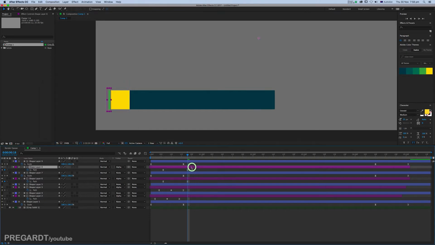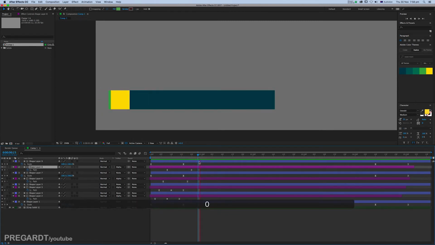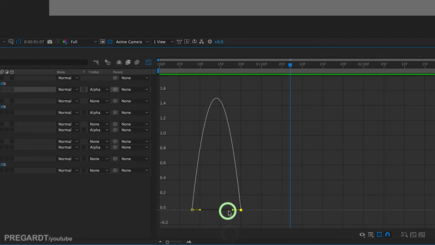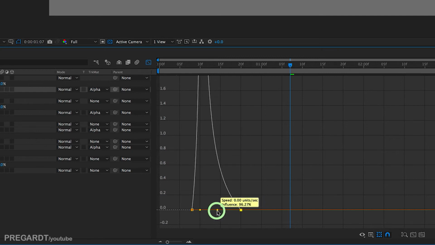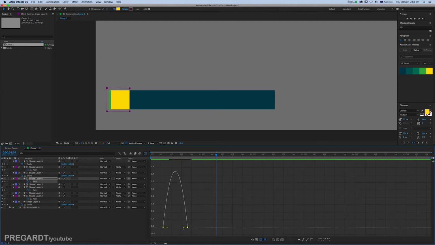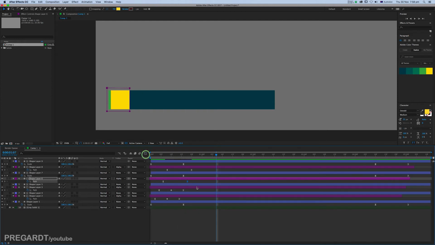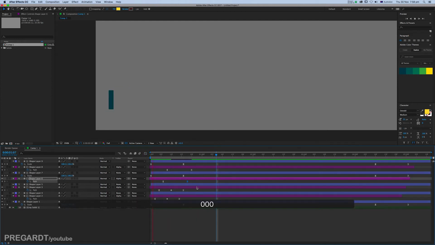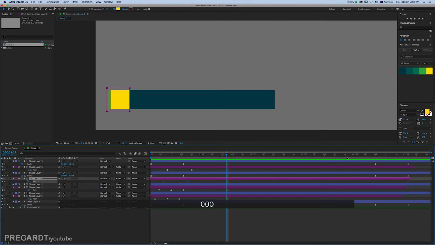yeah, as you can see, these guys are just coming in, and I'm going to hit like 100% for the last keyframe for this one, and also for the yellow rectangle as well. For the last keyframe, go and hit 100% to make it smoother,